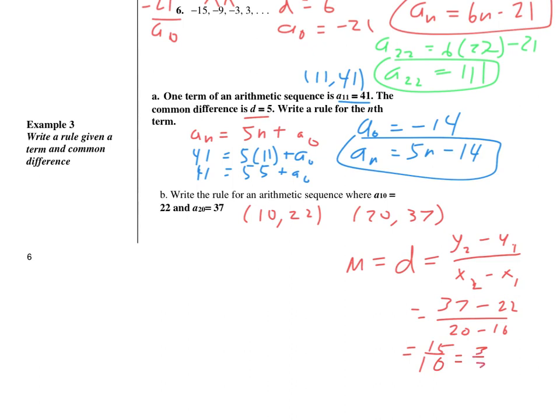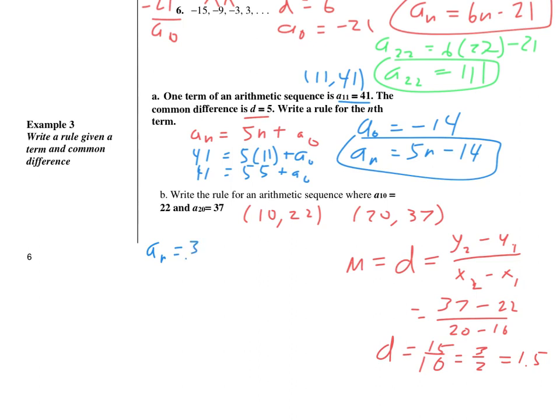You could do 3 over 2 or 1.5, either way. So we finally have our common difference, but we still don't have a sub 0. So we're going to have to find a sub 0 now, and that's kind of the same way we did before. So we're going to say a sub n equals